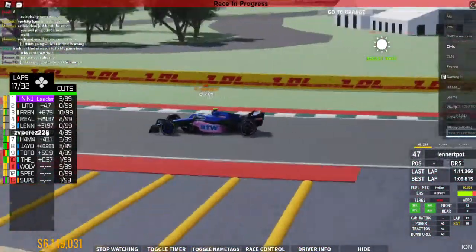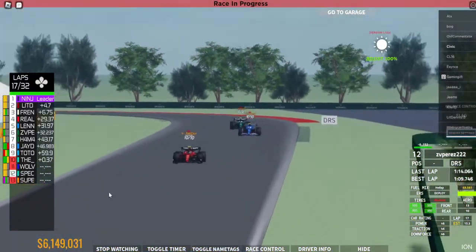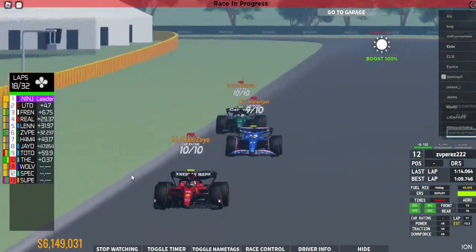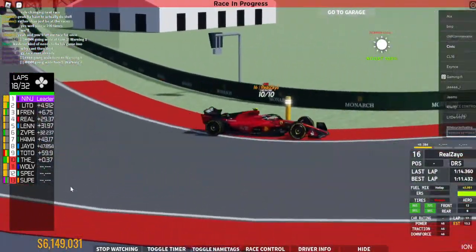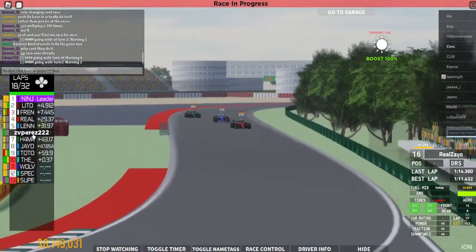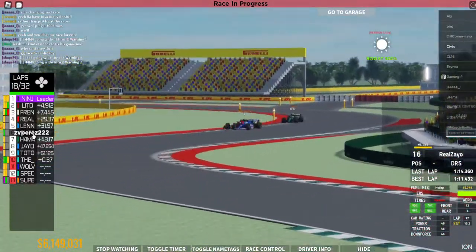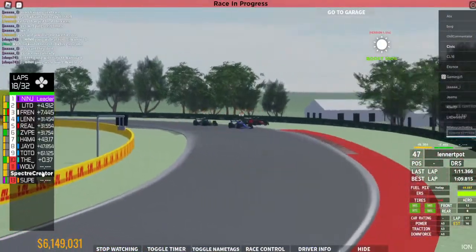Perez in purple, green sectors. He's right on the tail of Leonard. Leonard will have the DRS though, and Perez won't. That's really puzzling me there. And H4M4's been given a second warning for going wide into turn 1. Ninja's been doing it as well. And there goes Leonard, ahead of Vilzeo and up into